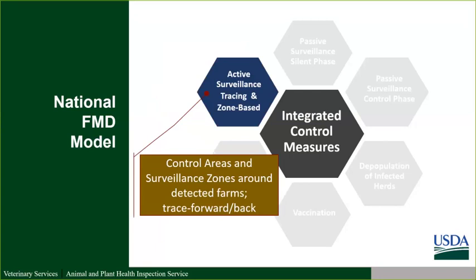So we can implement different types of surveillance strategies. For active surveillance, we can represent surveillance activities within zones, such as the ability to detect disease based on characteristics of the test used, when surveillance would start, how big a zone, what the frequency is, et cetera. We can also implement surveillance based on trace forward and trace back, and show the value of having a national